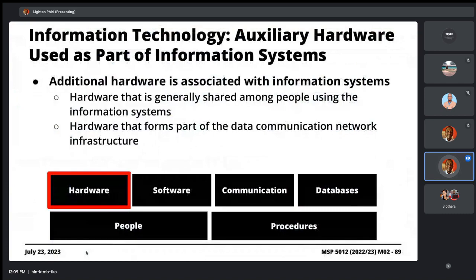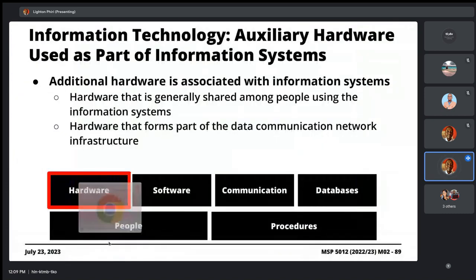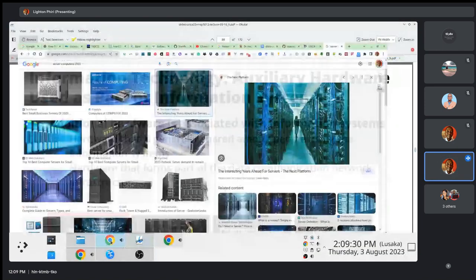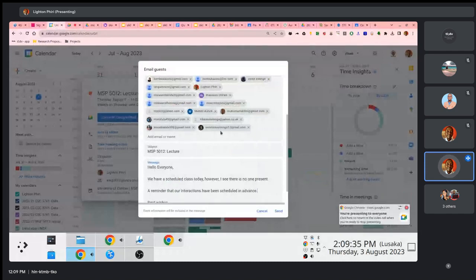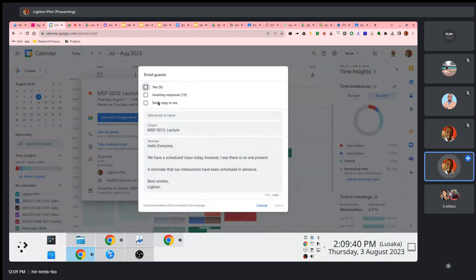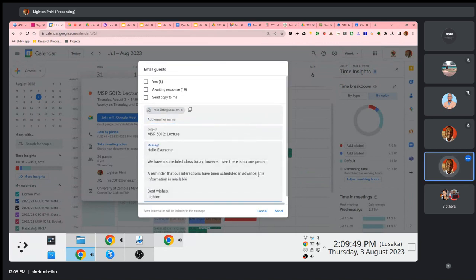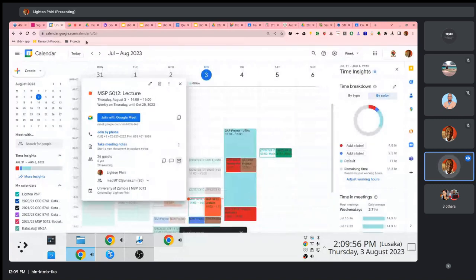I suppose there are no questions or thoughts. Maybe we can continue. I'm just worried, surprising here, that we have very few people present. Maybe I can send through a reminder and just tell people that we have class or something. I don't know what's happening here, but that's okay also. Let's just say this information is available in the course notes document. This is good enough or something.